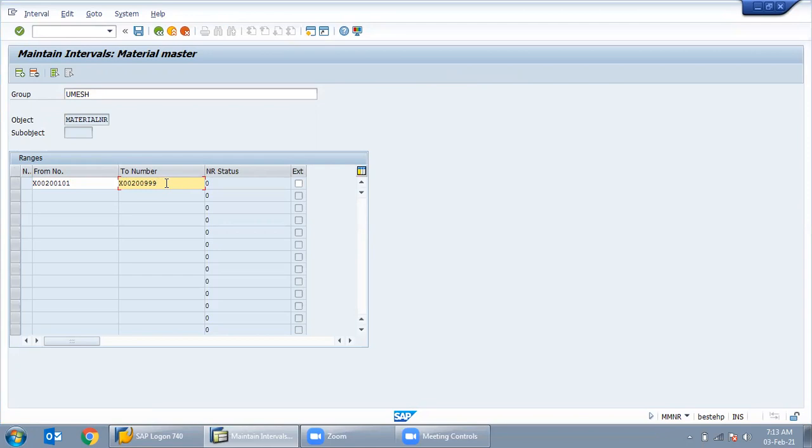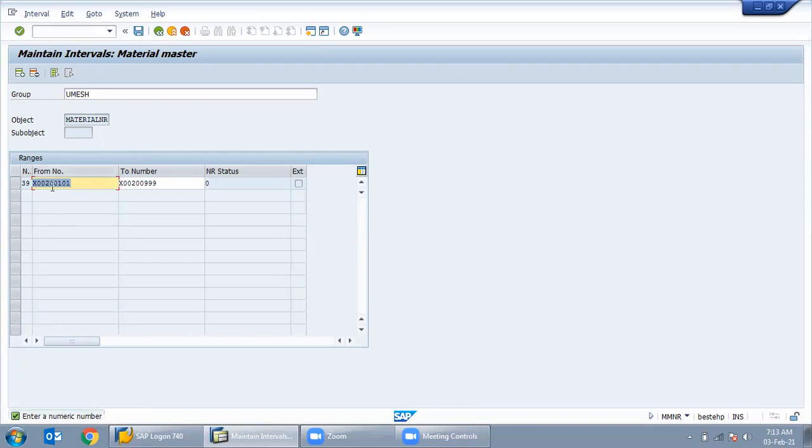So this would be my number ranges. The number range is 39, which was automatically picked from the system because 1 to 38 are already reserved. We have to give just the intervals for that particular material type and save it.